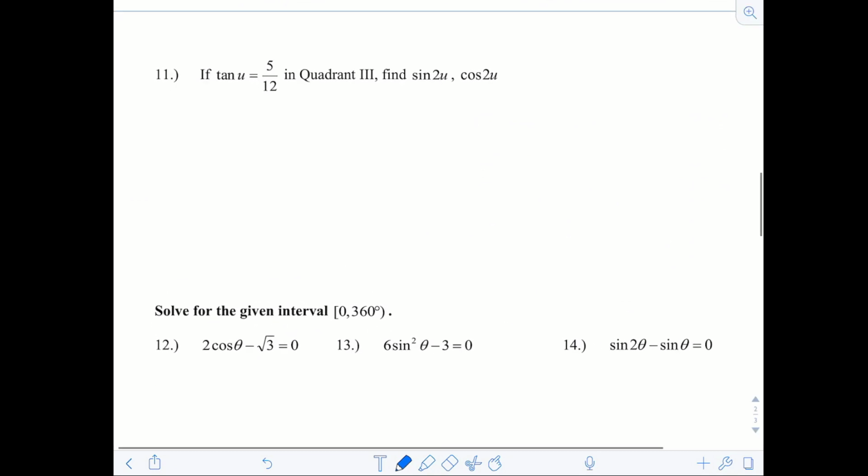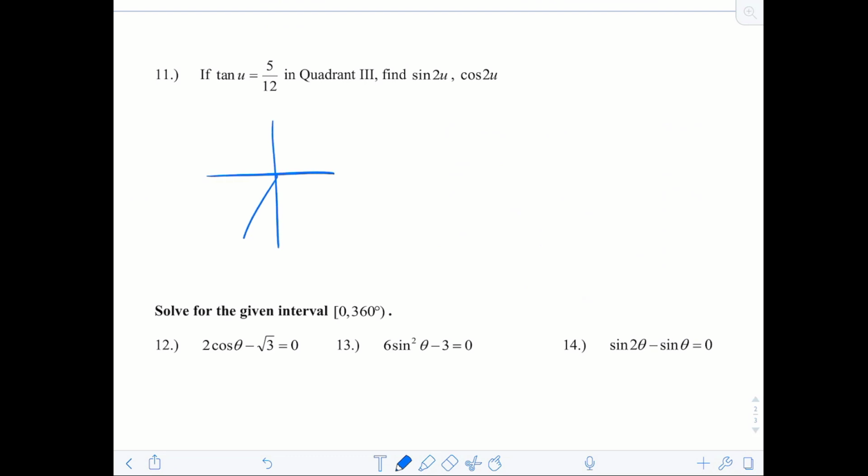Working on the second page, tangent of u is equal to 5 over 12 in the third quadrant. So we're going to start off with the third quadrant. Tangent is y over x, so that would be 5 here, 12 here. They're both going to be negative because they're both in the third quadrant. So 5, 12, 13. Then it says find sine of 2u and cosine